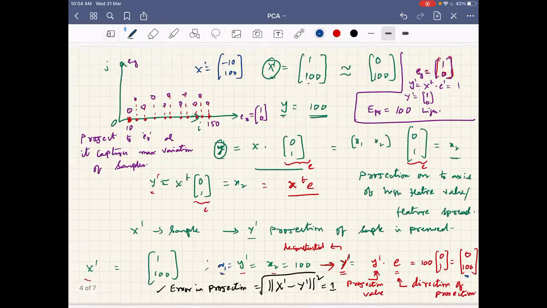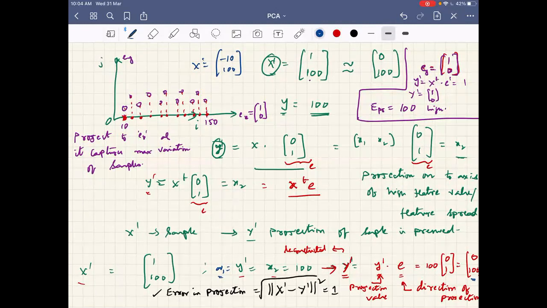Any other aspects of importance while developing a dimensionality reduction method? Given that we need to preserve most of the information, which direction should we consider for projection? One of the simple ways of reducing the dimensionality is projecting the sample onto one of the dimensions. If you have a two-dimensional sample, just project onto one dimension, either the x-axis or the y-axis. This is a simple case. In whichever dimension there is more information for the overall samples or for the given sample, in that direction you project to capture the maximum information even after projecting to a single dimension.